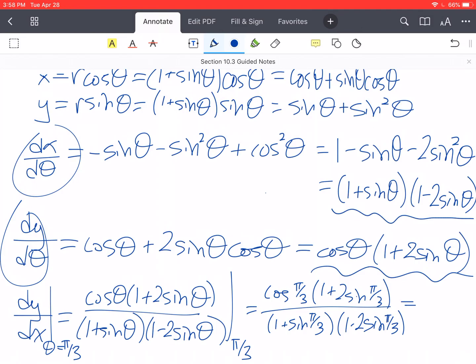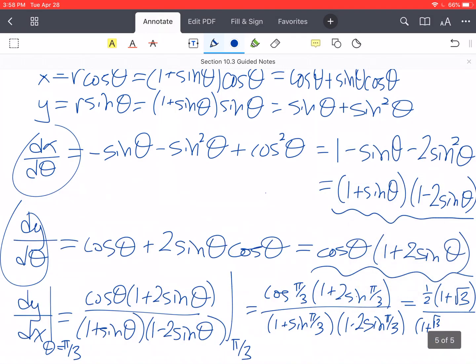Cosine of pi over 3 would be 1/2, and sine of pi over 3 is root 3 over 2. So this is going to give us 1/2 times 1 plus 2 times root 3 over 2, so the 2's cancel, so just 1 plus root 3,